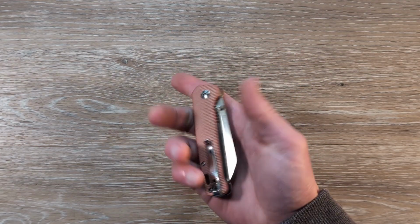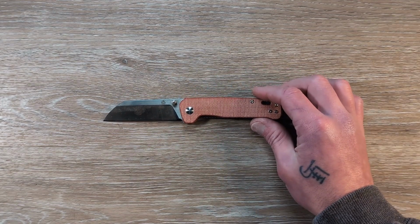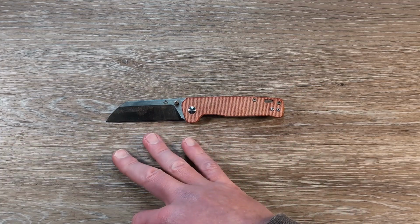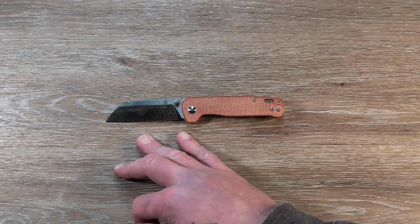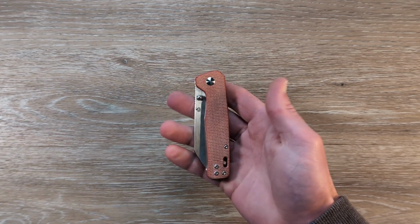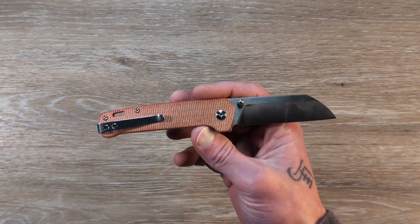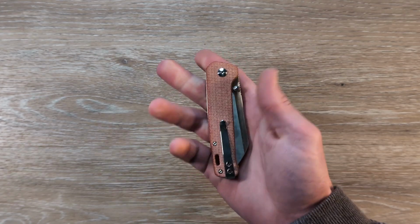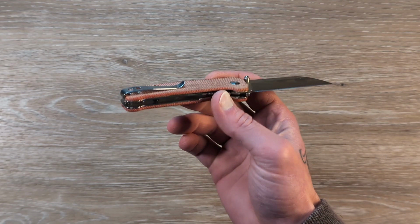The QSP Penguin, these come in right around $30. So there's going to be some right there at 30 and some that are a couple dollars more, but we're going to put it on here anyway. We have a satin D2 blade with a sheep's foot blade, and they have different variations, different finishes you can get. G10s, Micartas, pretty much anything you could think of they do the Penguin in, and there's more premium ones. There's XL ones. They have all kinds of different Penguins now, but if you're looking for something budget-minded, this is